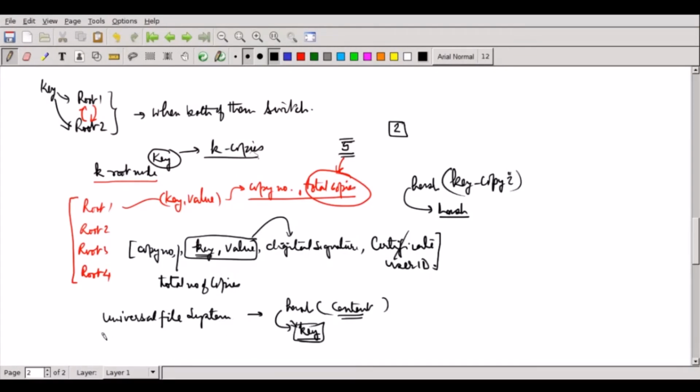Key can also be an alphanumeric string, which is decided by you. For example, for a DFS system, we also define an email ID, and in the virtual file system space, where the inode is. I will actually talk about this file system later on. We have to come to this.